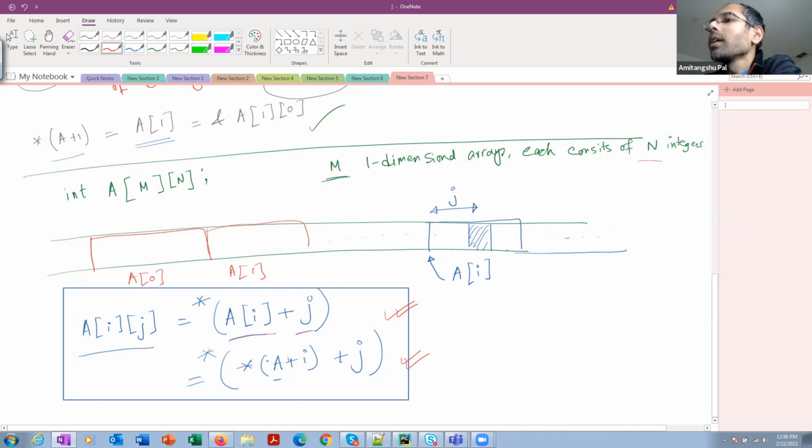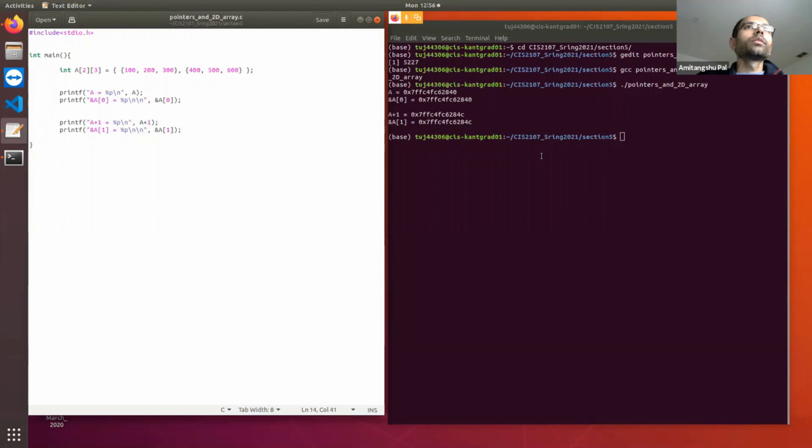All right, so let's try to validate this using our program. First, let me print the entire array. I is equal to 0, I less than 2, I plus plus.